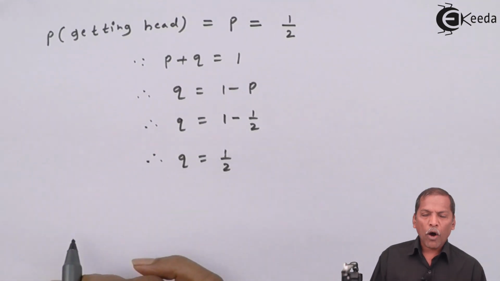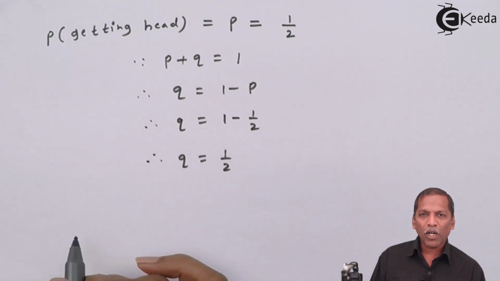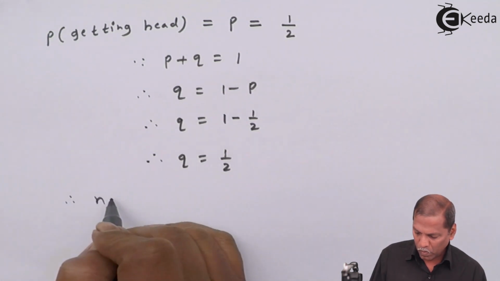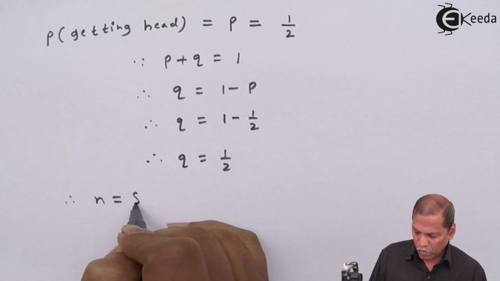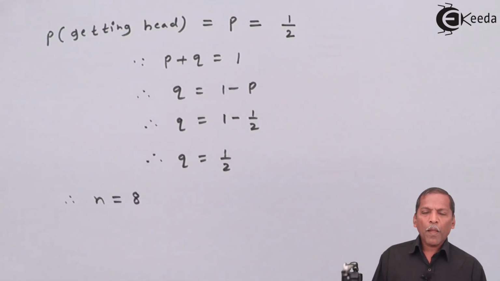Since here a coin is tossed 8 times, it means the number of trials n equals 8. Then the probability mass function of random variable X is given by